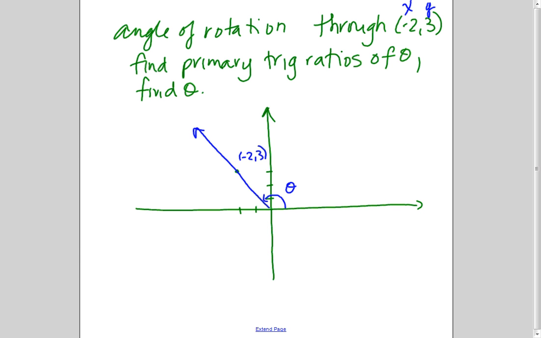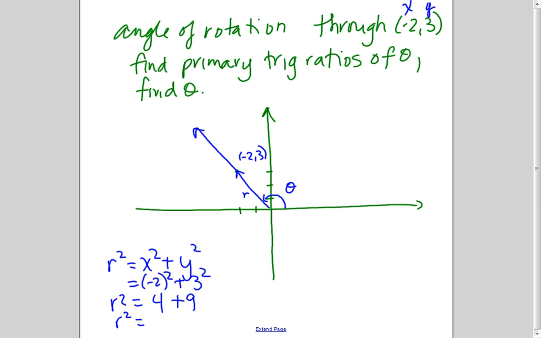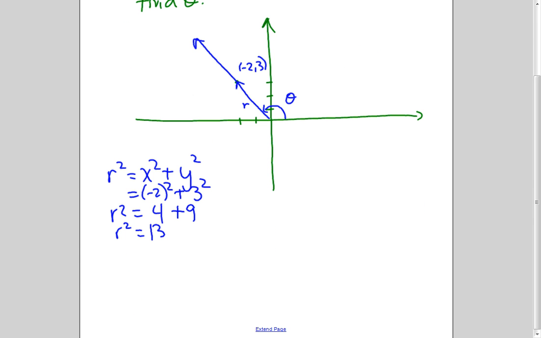I can find my r value, which is the length to that point, r. I can find my r value by doing x squared plus y squared, which would be minus 2 squared plus 3 squared, 4 and 9, r squared is 13. R itself is the square root of 13. So if I first of all want the three trig ratios, sine of theta, cos of theta, and tan of theta,